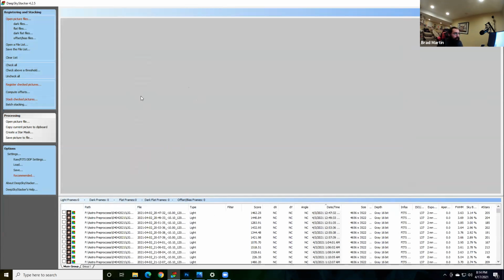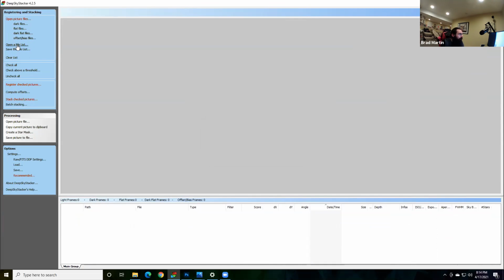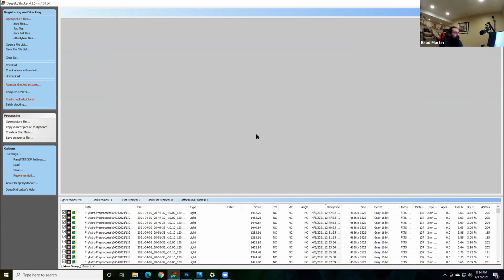And you also need, when you're going to be stacking an image, to have something called calibration frames. That's where you would take a picture with the lens cap on your telescope to remove any noise that the camera generates. So this program allows you to add those images in too. Now I have a list that I've already made, so you don't have to watch me populate my list here. I've made a list of an image that I took over 3 nights, around Easter, of the Pinwheel Galaxy, which is M101.